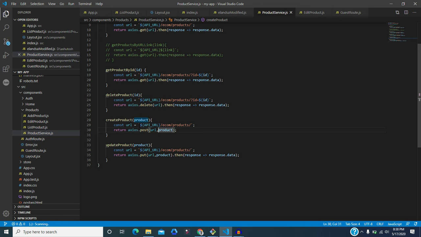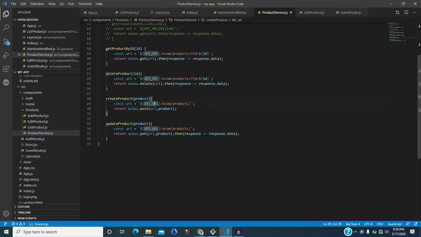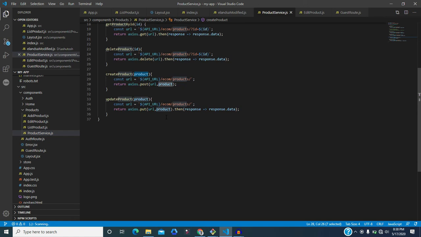For example, in this case for create product, we are saving that data in the database after checking certain things, like some of the required fields. After that, depending upon our logic, it will store the data in the database. So for that particular purpose we are passing the post data here. And again, in case of update data, whatever data we are passing here will be collected at Django.